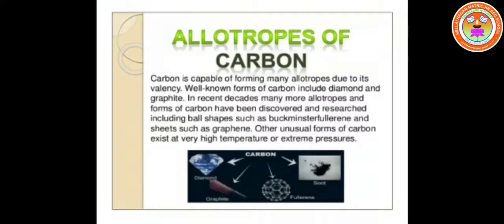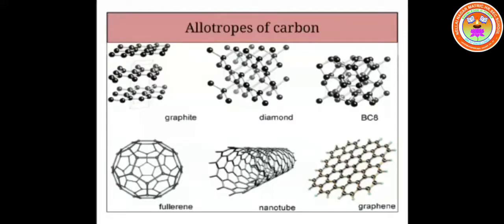Then the other allotrope of carbon is graphene. Graphene is also one of the allotropes of carbon. It is similar to graphite. In the case of graphite, many layers are there. From the slide you can understand, children. For graphite, many layers are given, no? For graphene, the last structure, it has only one layer. But all other things are similar to graphite. So graphene is similar to graphite. It is also one of the allotropes of carbon.